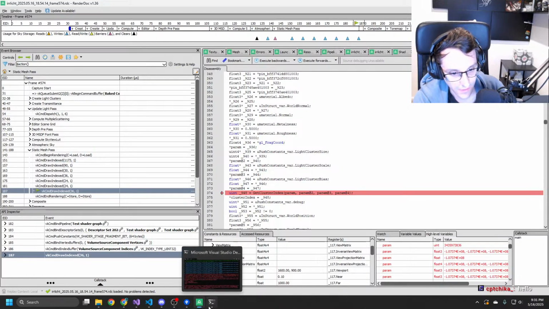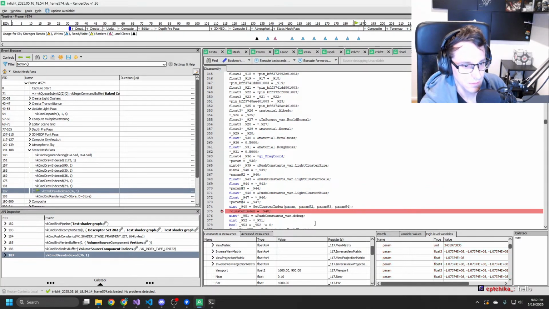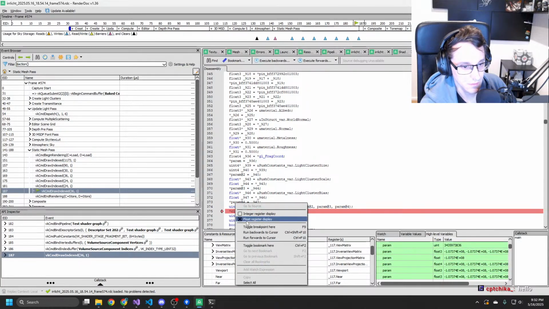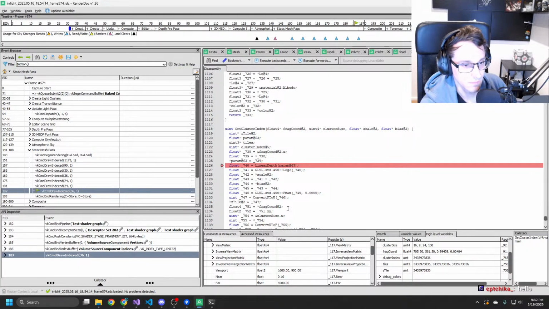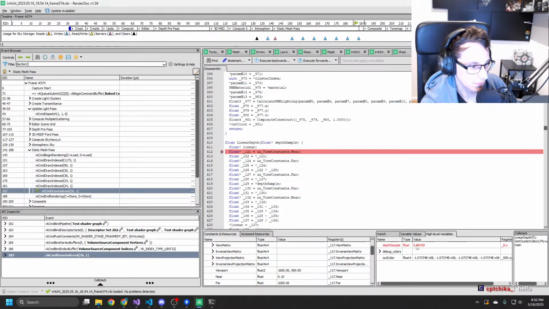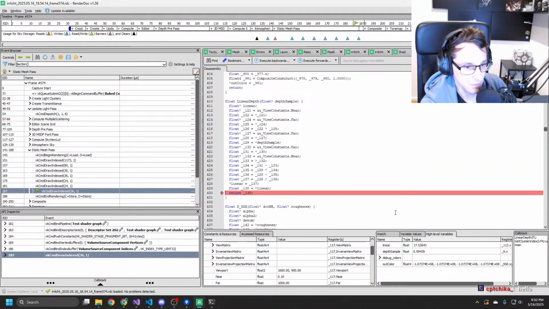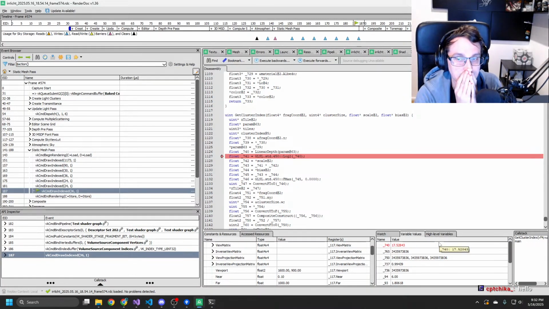And then what is the linear depth? Wait. Can I get that again? Oh no, I wanted to run backwards. Okay, run backwards to here. Oh, that's not what I wanted. Linear depth is 17.